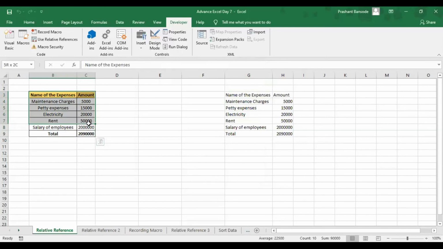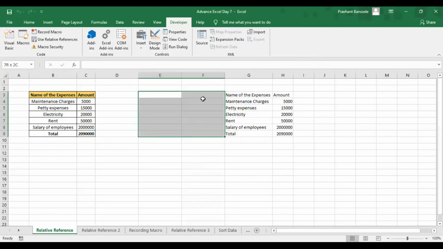It won't go and do the same function in this cell because I haven't instructed the macro that you have to use relative reference. So the moment you go to record macros, just simply click on record macros, it will do the same function in those particular cells itself from where you have started the operations. But if you want to record or run the macro in different cells rather, you won't see the macro do the same functions for those cells because we have only used absolute